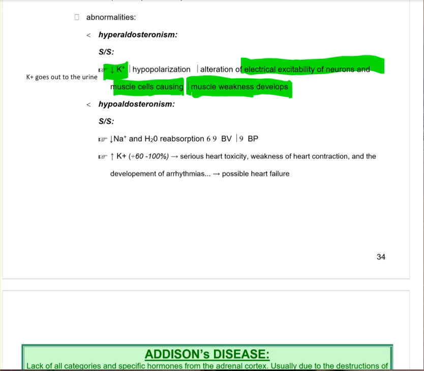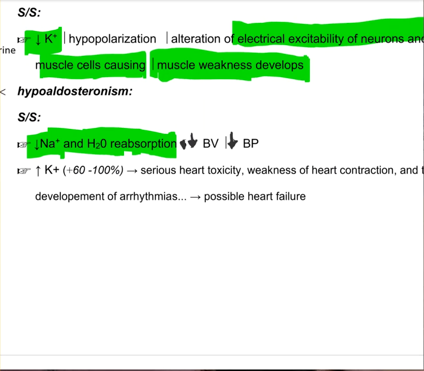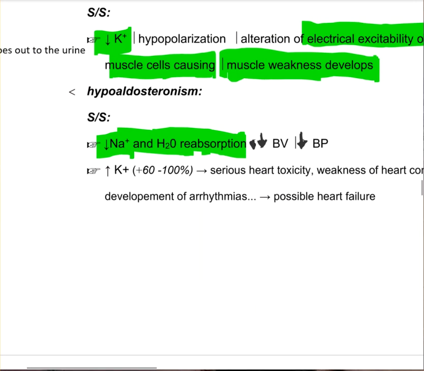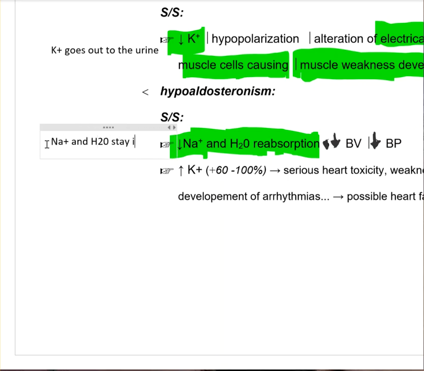So now the opposite would happen. We don't get a lot. We get less sodium and water reabsorption. We have some errors in arrows here. So as a result, we would get lower blood volume and lower blood pressure, right? If the water and the sodium stay in the urine and not come back, so we can type that in: sodium and water stay in the urine, okay,